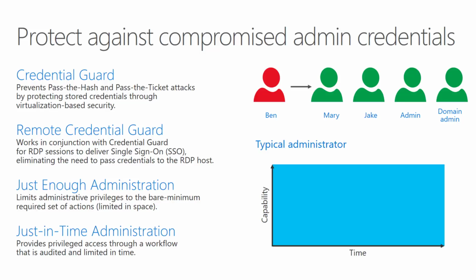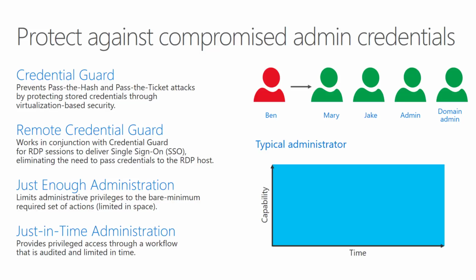Now the next two, Just Enough Administration and Just-in-Time Administration, well, these work hand in hand so that we can say, well, Ben doesn't necessarily need to be a domain admin or an admin all of the time, and he only needs to be an admin for certain capabilities. So it could be something where it's a new employee, and what we want to do here is say, well, look, you're new to the admin team. We're not necessarily going to give you the keys to the kingdom initially, but what we'd like to do is just give you enough credentials to perform a task. So domain admin, that's kind of overkill. So let's just give you something quite specific. So is there something within DNS or DHCP, for example, something within Active Directory that you need to take control